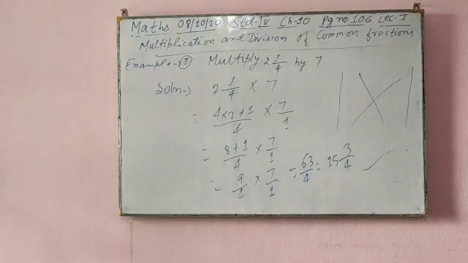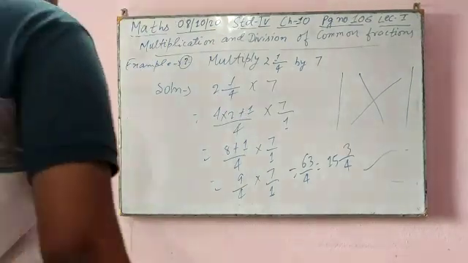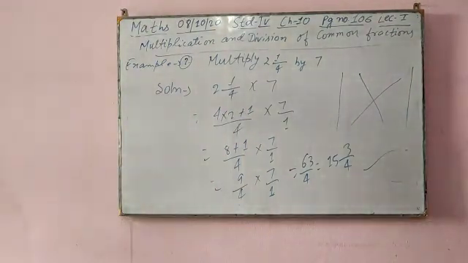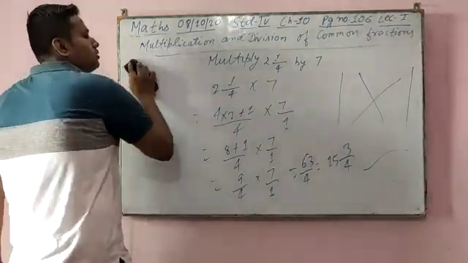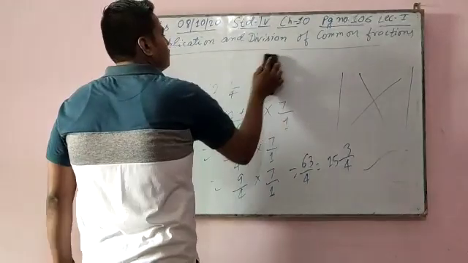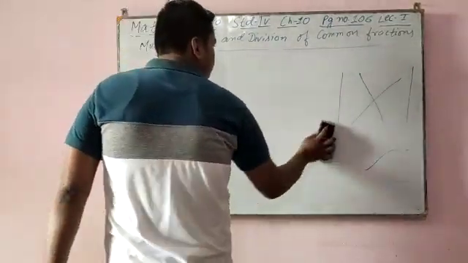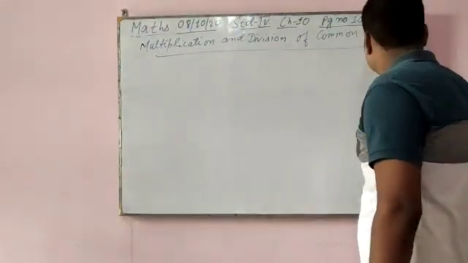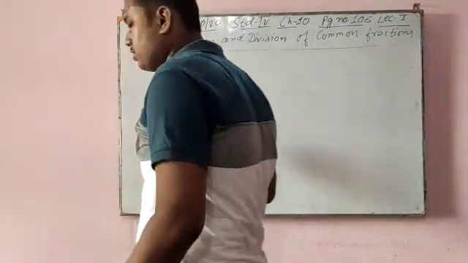Now see, in example number 1 and example number 2, what you have seen is that there is only a single number. When we are multiplying, only the numerator is given. But in example number 2, the numerator will also be 3. In example number 3, the numerator will be there and the denominator will also be there. Page number 108, example 3.